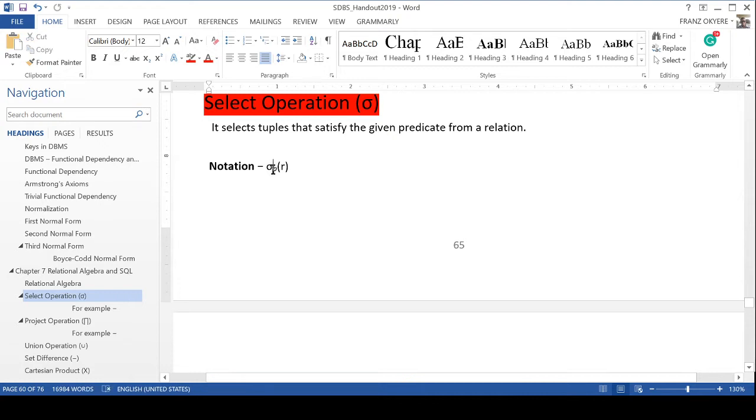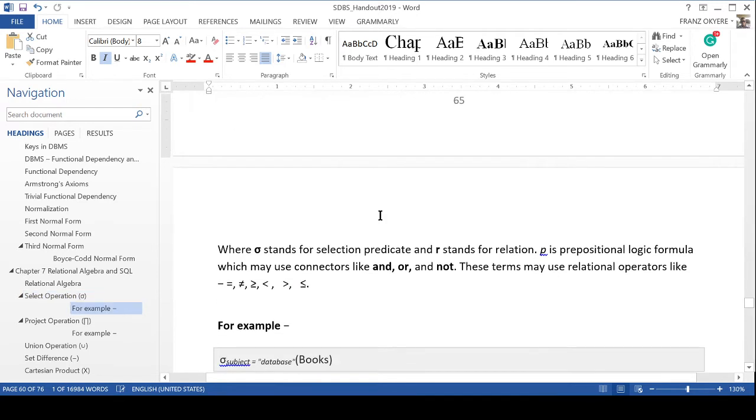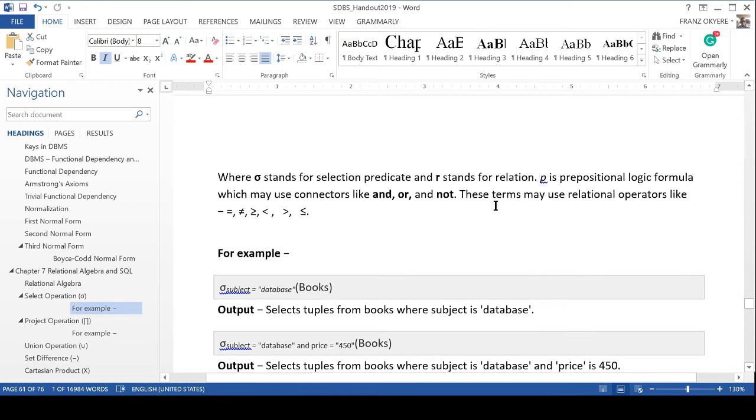So what is the logic? I want to select something from here, but what's the logic? I want to select only, I want to talk about girls today. It is the birthday of my sweetheart. Let me talk about it. Anyway, P is the propositional logic, R is a relation. Let's go, and then we are done.